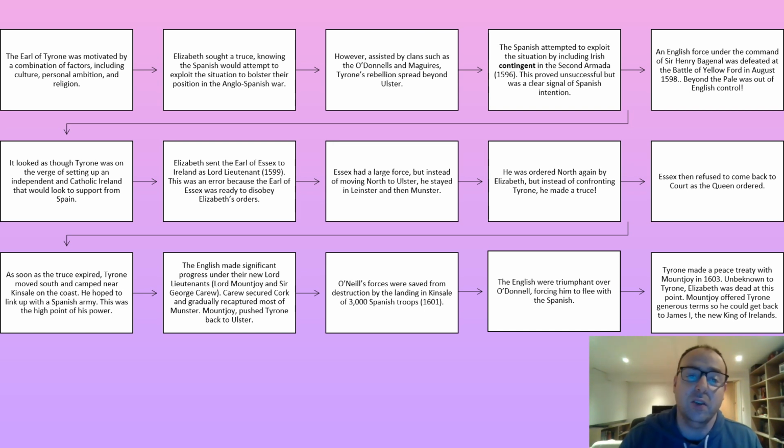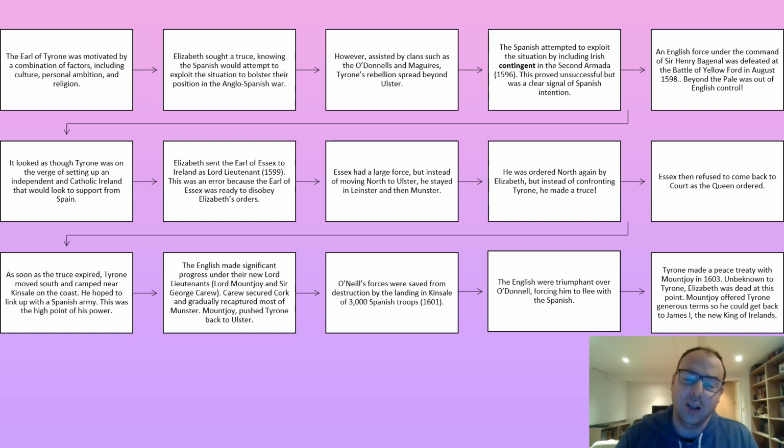Now Elizabeth sent one of her key favourites, the Earl of Essex, to Ireland in 1599, giving him the title of Lord Lieutenant. This proved to be a complete disaster. The Earl of Essex started disobeying Elizabeth's orders almost straight away. She told him not to knight any of his officers. He got to Ireland, knighted a load of his officers. He had this massive force. He was told to go and fight Tyrone, but he didn't go to Ulster. He stayed in Leinster and Munster and seemed to find every excuse under the sun not to go and fight